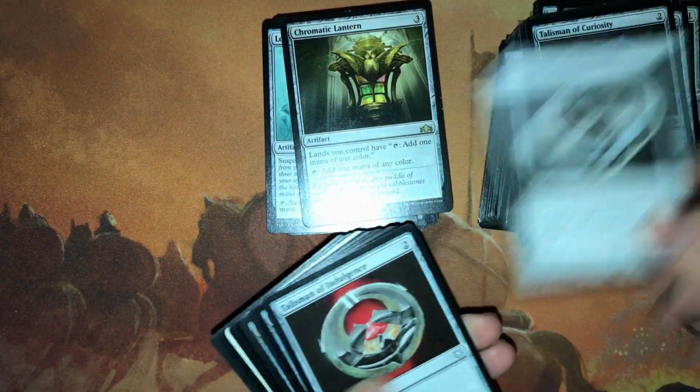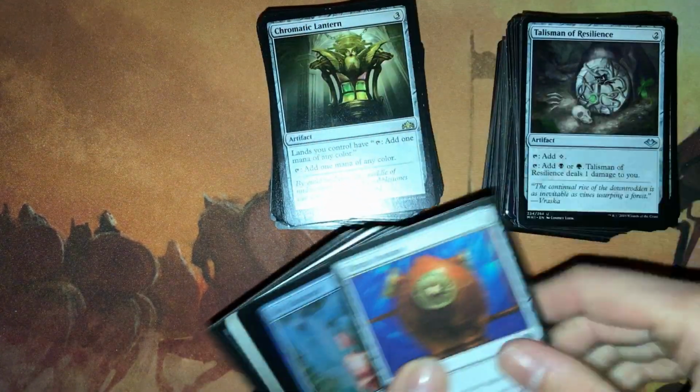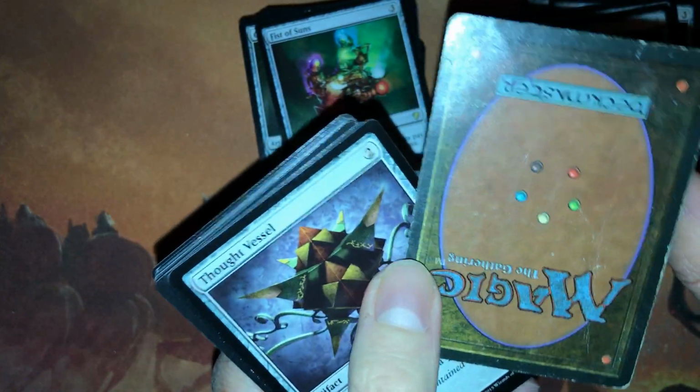Oh, it's pretty good as well. Some talismans, we've got enemy and ally there. Some of those are decently valued, I think. And a Mana Vault. This is horrible condition, but it is signed by